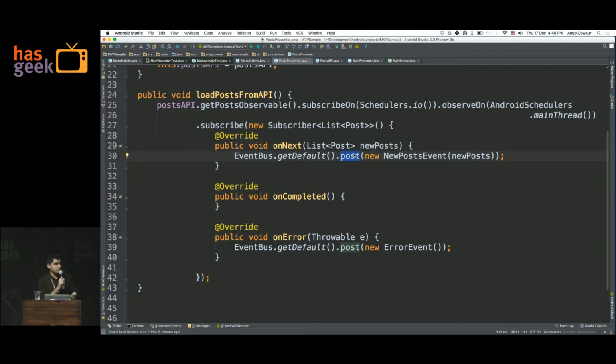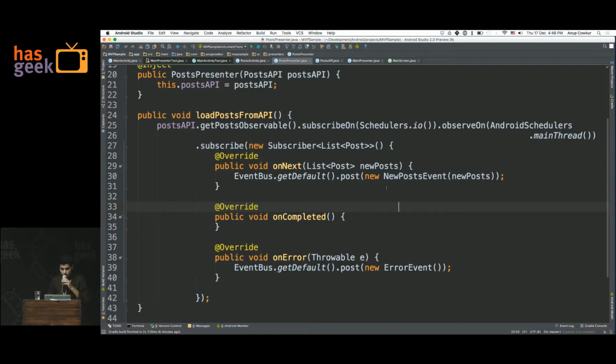The reason is that there are two approaches to doing this. You can either make them implement an interface, like some kind of screen interface, and call methods directly on them, or if you want, you can use an event bus in between to communicate with these to make it even more decoupled. Right? You can do the same with your model and your presenter as well. But just don't go catching your model events in your views, because that would not be MVP.